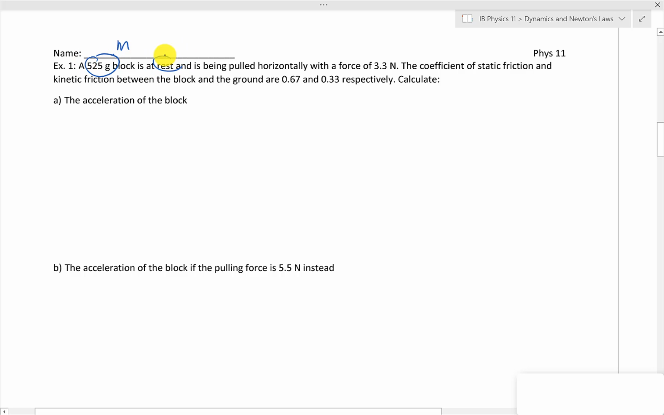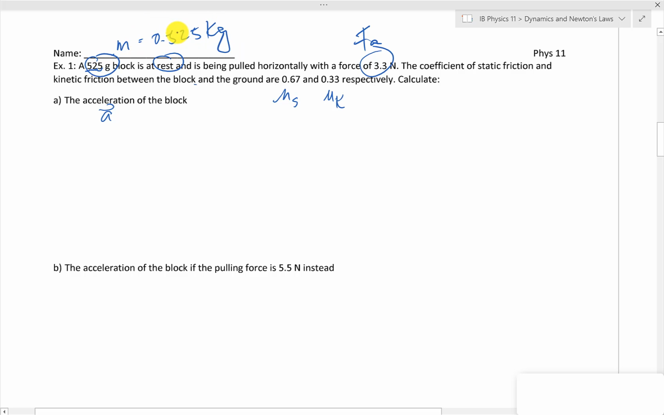It is originally at rest and is being pulled horizontally with a force of 3.3 newtons. That's your applied force. The coefficient of static friction and kinetic friction between the block and the ground are 0.67 mu s and 0.33 respectively. That's mu k. Calculate the acceleration of the block, okay? So first things first, we know this mass here is in grams. To convert it to kilograms, we have to divide that by 1,000, moving the decimal place 3 times. 1, 2, 3, giving us